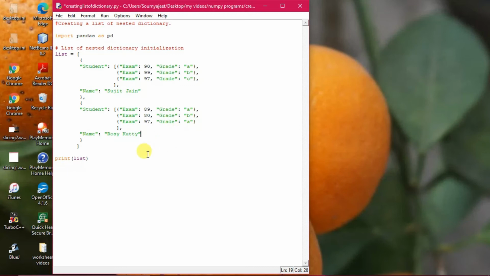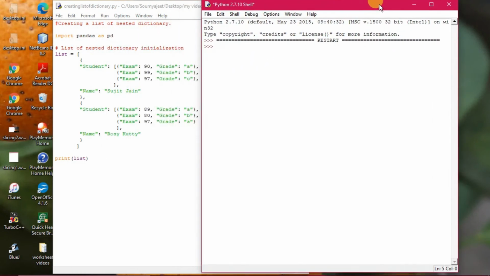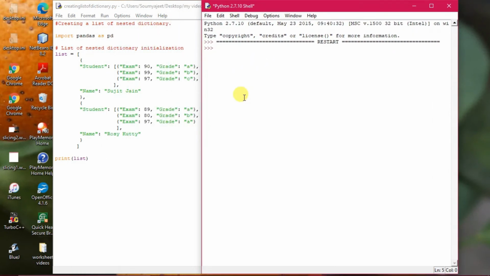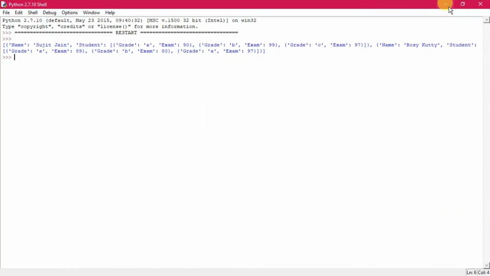Yes, so now it has been created. Now execute this one and see how the output is generating. So in this way you will use a nested dictionary. If any error comes, you have to handle that error. It's taking a bit of time. This program will help you to create a dictionary nested list, a nested list inside a dictionary. Consider it a nested dictionary also, it doesn't matter.